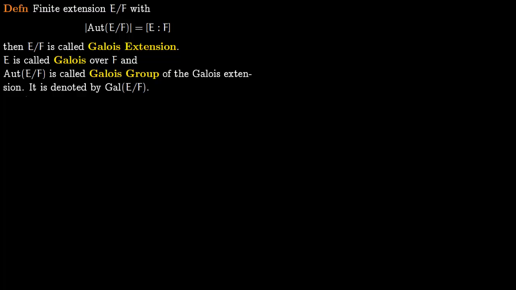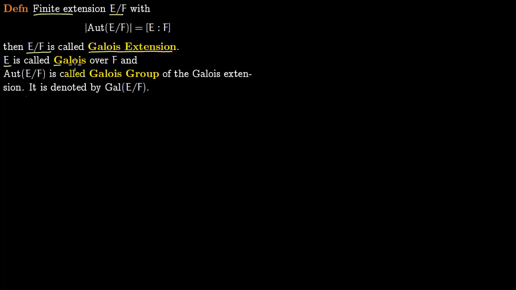In this lecture, we want to talk about Galois extension and Galois group. Say we are given a finite extension E over F, and the degree of the extension is equal to the order of the group of automorphisms of field E which fix F. So there is an equality here. If you have such an equality, then E over F is called a Galois extension,